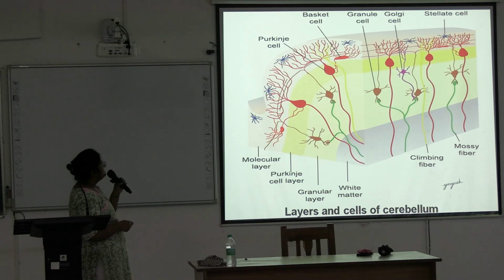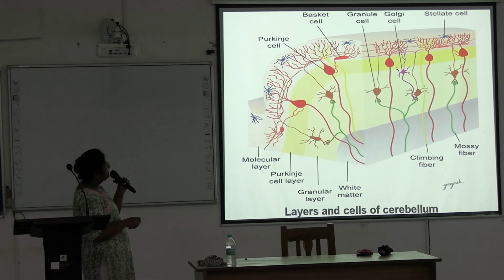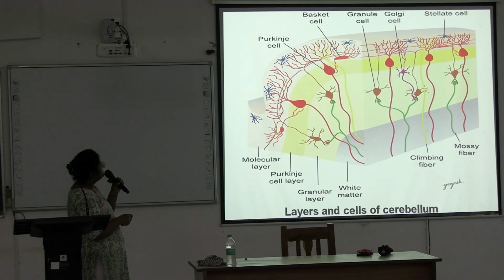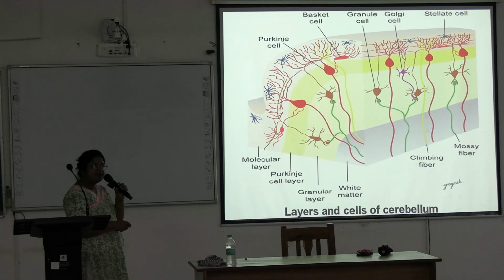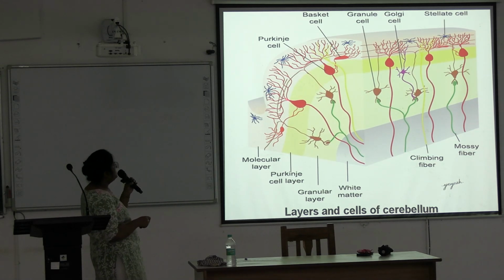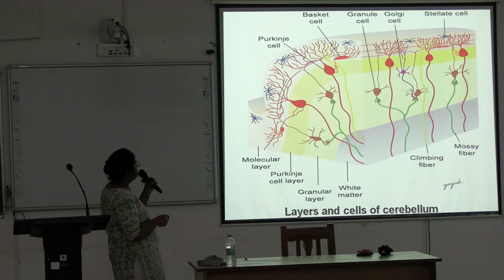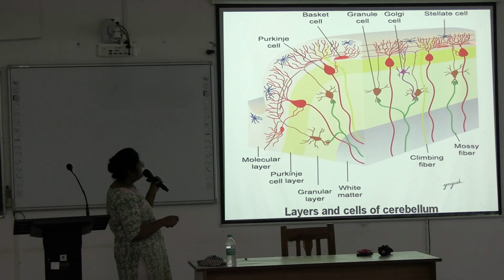See here, these are multiple foldings of the cerebellum. You can see the three layers. Up to here is the cortex, which is gray matter, and this is white matter. This is the outer molecular layer, this is the middle Purkinje cell layer, and this is the inner granular layer. In the layer below the molecular layer, you can see the pear-shaped cells, the Purkinje cells. This is a single cell layer.